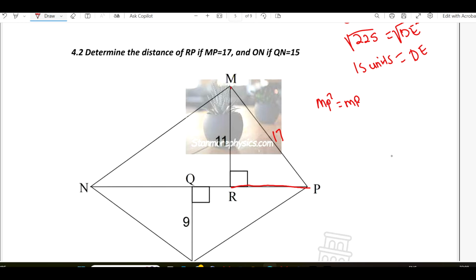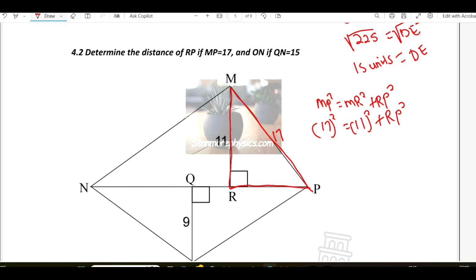As we're using this triangle, we use triangles where we have values. We're using this right angle triangle. MP is 17 squared equals 11 squared plus RP squared. So 17 squared,